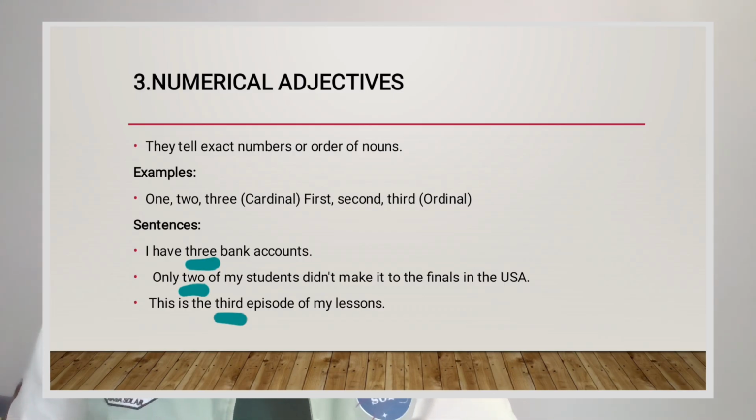Let's move on to the next type of adjectives, which are numerical adjectives. These tell us exact numbers or order of nouns. Examples are 1, 2, 3. These are cardinal numbers. And then we have first, second, third, which are ordinal numbers. The cardinal numbers are the exact numbers, and the ordinal numbers tell us of positions or ranks,